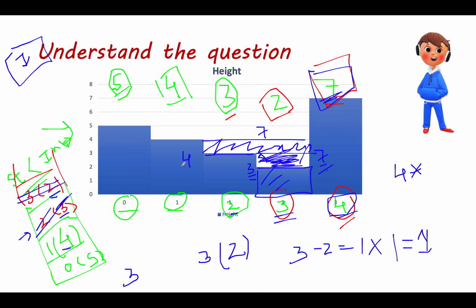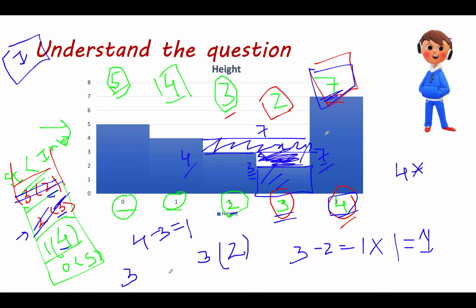So 7 minus 4, a minimum of 7 and 4 is 4. 4 minus 3. 4 minus 3 is 1. 1 into the width that is being trapped between these two ends. It is 4 minus 1 minus 1. 4 minus 1 is 3. 3 minus 1 is 2. So 1 into the width which you have calculated is 2, and it becomes 2. 1 into 2 is 2 and 2 gets added to the answer. We have the updated total water trapped as 3.